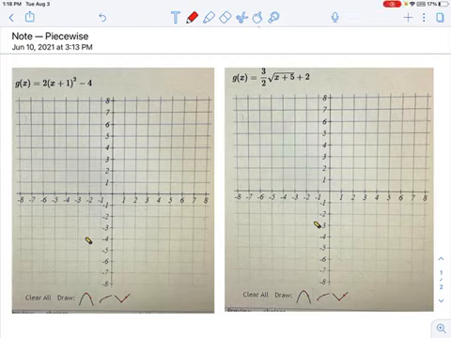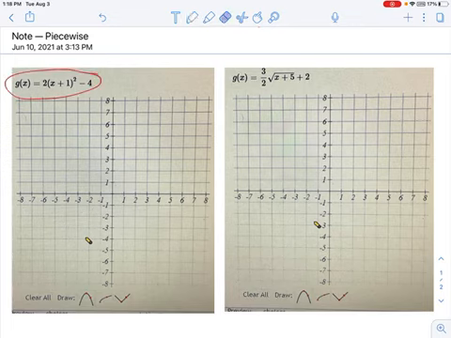So we're getting a little further along into this. We have more practice now. And you see it doesn't list the transformations that you have to do. It doesn't show you the parent function, f of x. It just drops this transformed equation in front of you and says, draw it. So let's go ahead and do that.